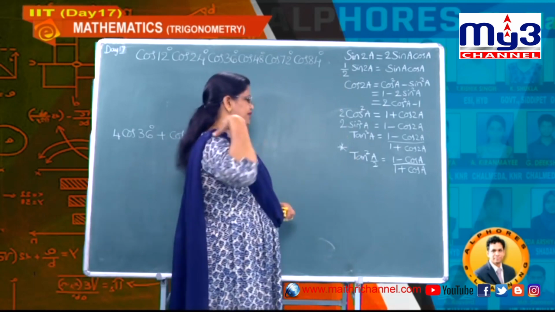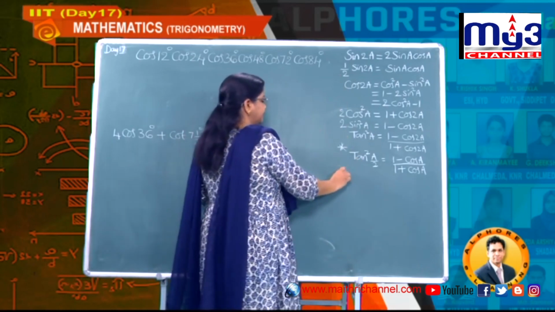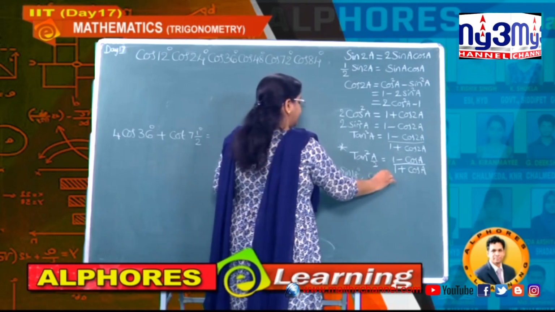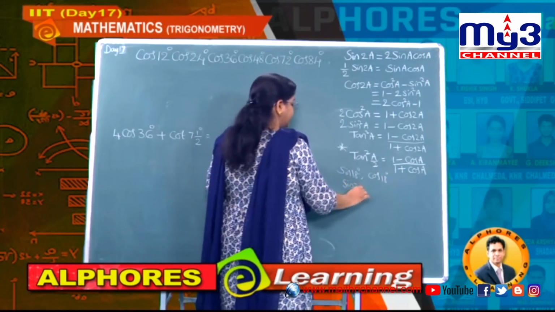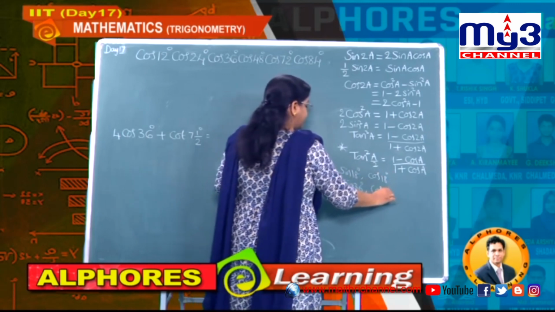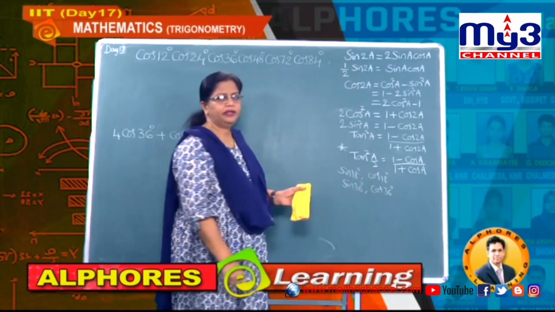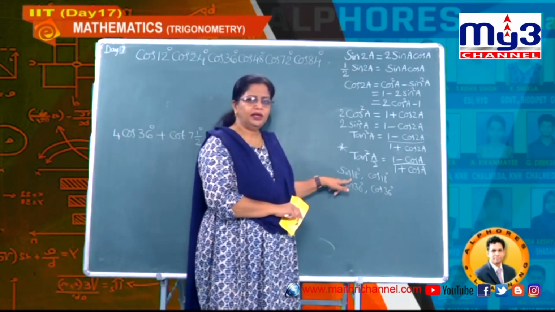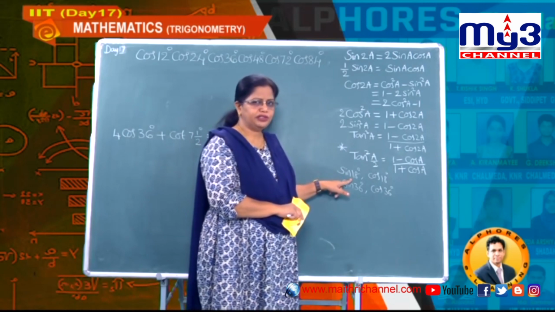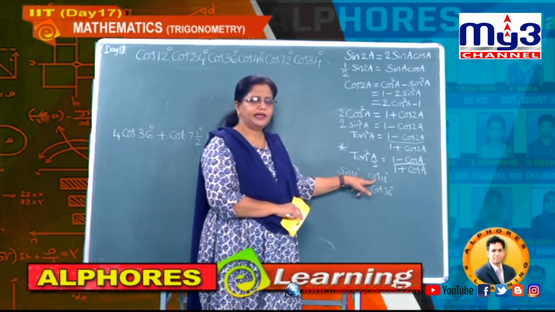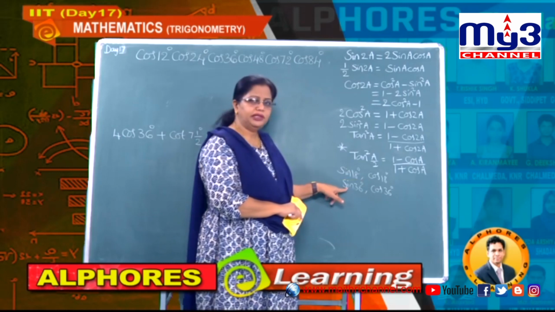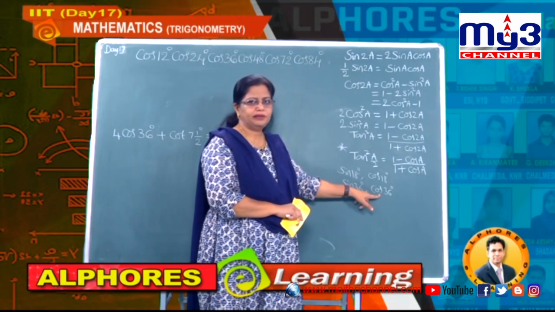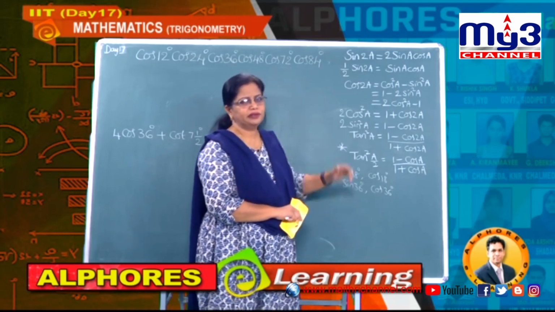And next, yesterday we have done the formulae of sin 18 degrees, cos 18 degrees, and next one is sin 36 degrees, cos 36 degrees. So once you are aware of these formulae, then definitely you can write their complementary values also. That means sin 18 degrees is same as cos 72 degrees, cos 18 is sin 72, and next sin 36 is same as cos 54. Similarly, cos 36 is same as sin 54 degrees, okay students.